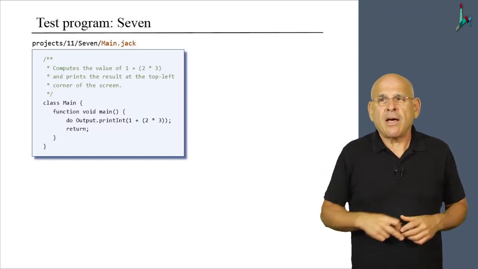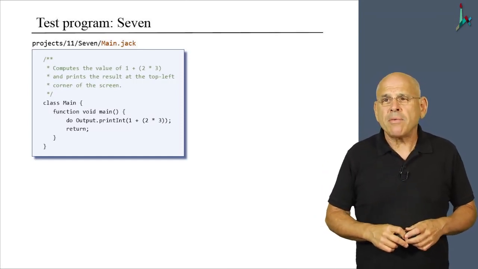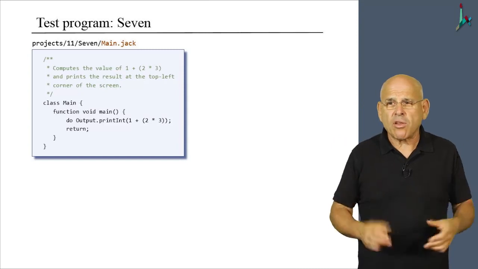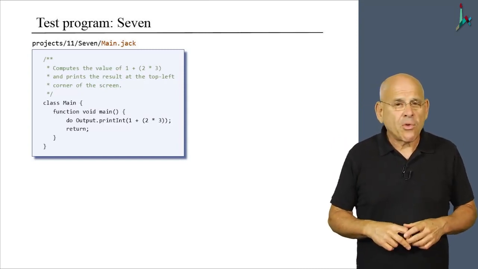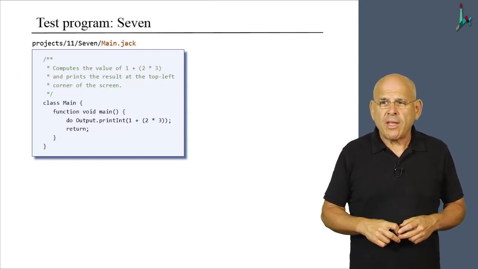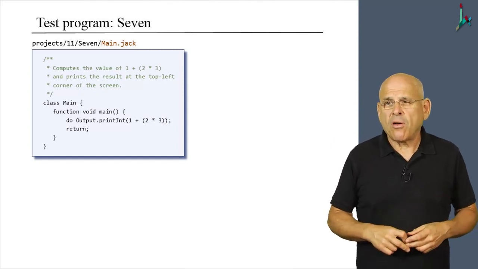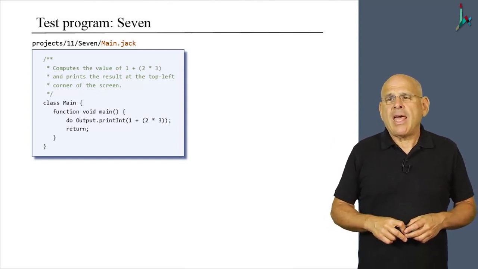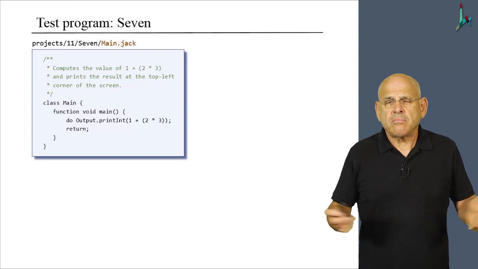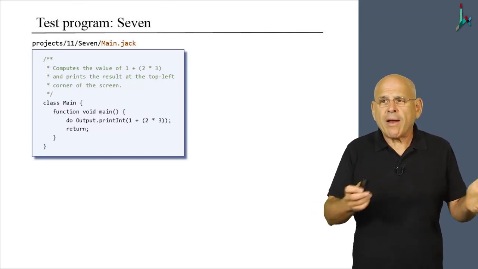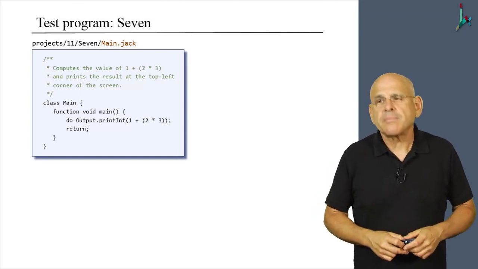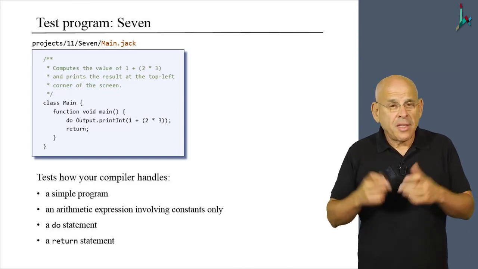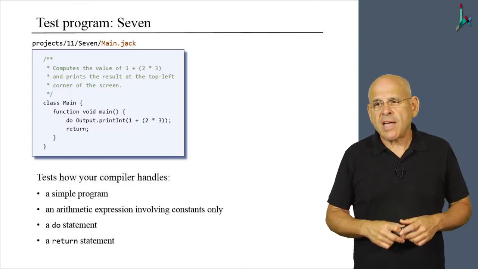Well, here's the 7 program. It has a single class called Main, with a single rather trivial subroutine, a void method called main, and it simply computes the value of 1 plus 2 times 3. And so this test code is designed to